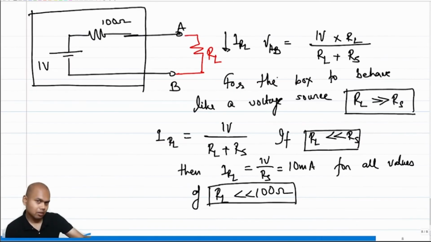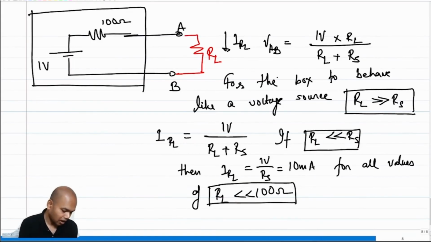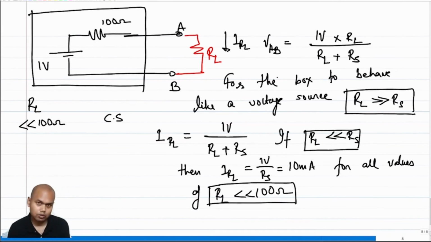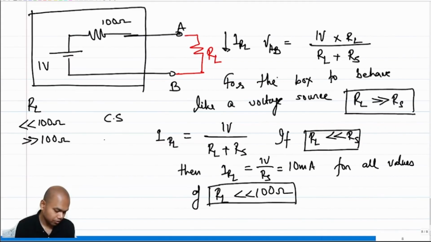Note that I went to the market and asked for a voltage source, but the same box can behave like a voltage source or like a current source depending upon the range of load that you are trying to drive, right? So in other words, if I mark the range of RL, if I say RL is much less than 100 ohm, this behaves like a current source, right? RL much greater than 100 ohm, my box